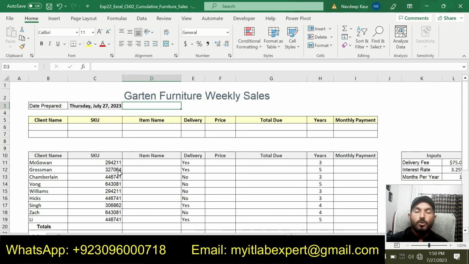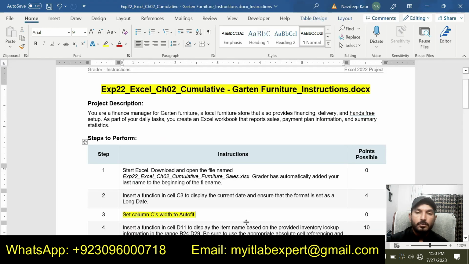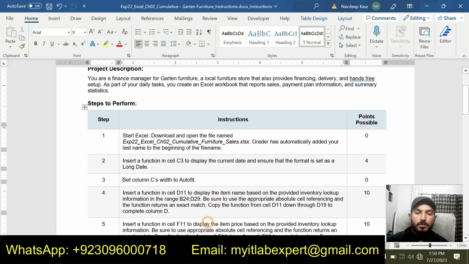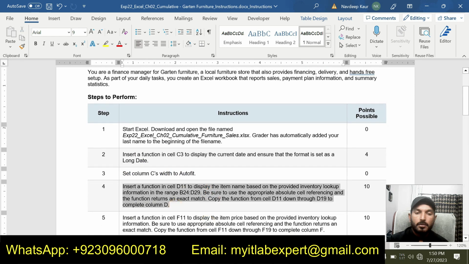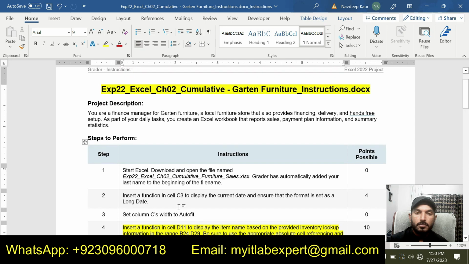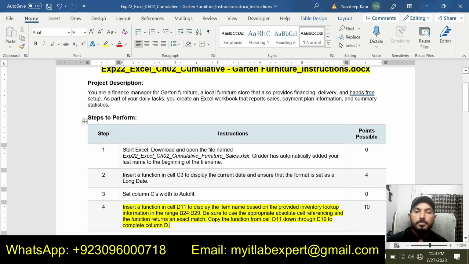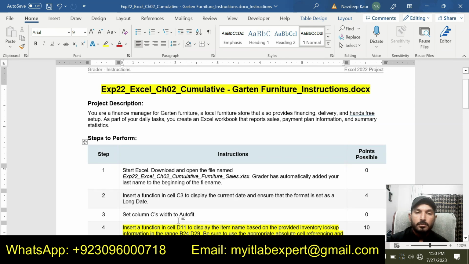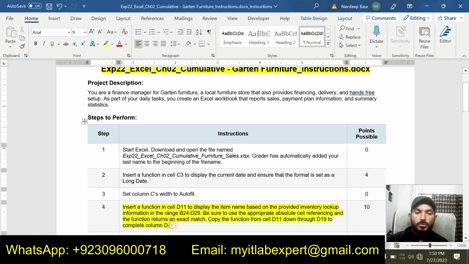So we have made column C auto fit now. So we have solved 3 steps. Now we will do step number 4.